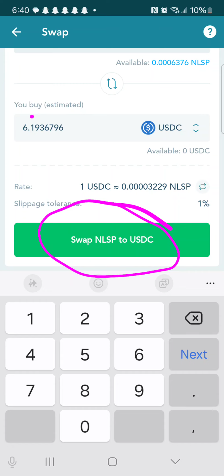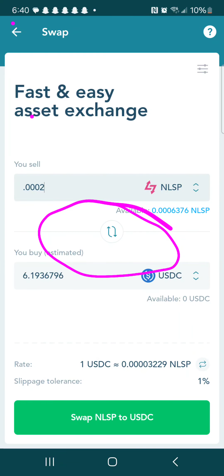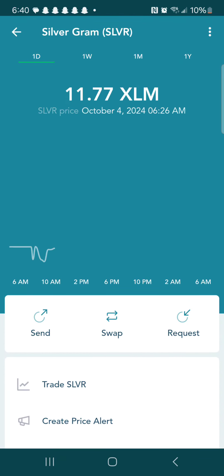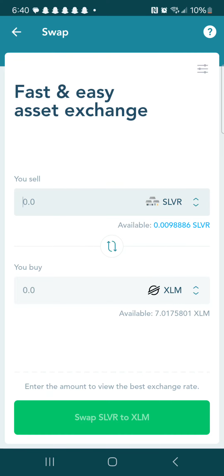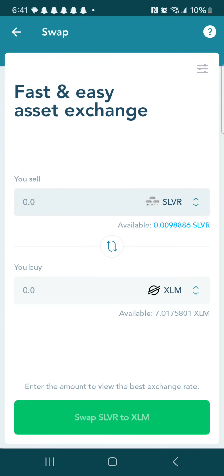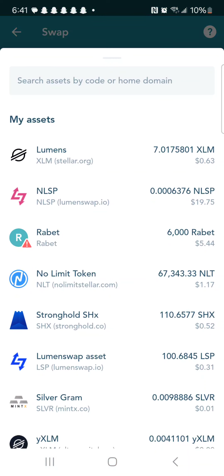Once you do that, maybe I'll do it out of a different one because I like this one way too much. Okay. Let's try this one. I'm going to hit swap. Or you can swap into silver because this is silver. Swap into silver. Swap it into gold. And that's on Lobster Wallet. So you would just go to the one that you want to swap to or swap out of,